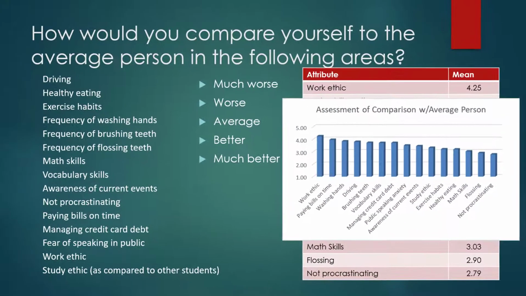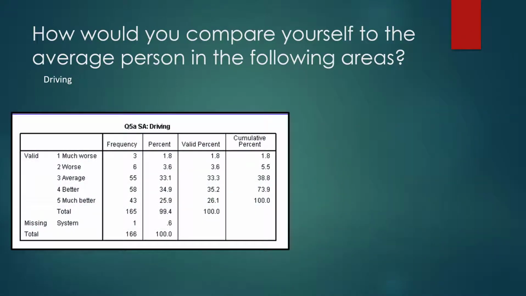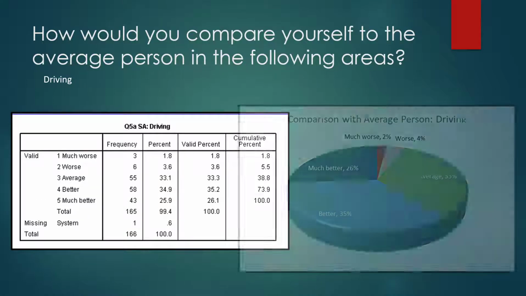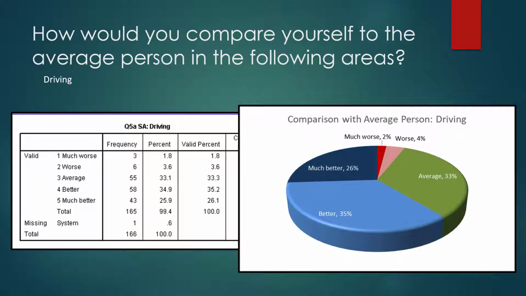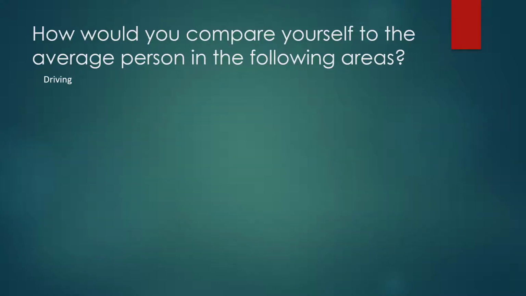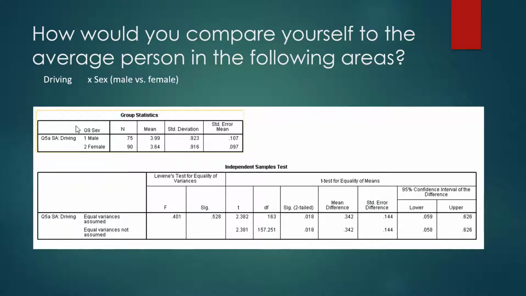Let's say we wanted to focus on the single driving variable in that first question. How much quicker could we get the point across with a pie chart? Okay, one more graph and I'll move on. I wonder if there is a difference in a person's assessment of their driving skills based on their sex. And for our example, we'll assume only 2 levels in that independent variable, male and female. So we run a t-test on that and find the following.